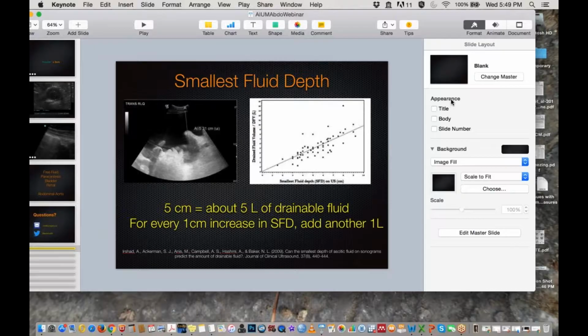Is there a formula for estimating the amount of fluid? We just covered that. Are there any particular hands-on